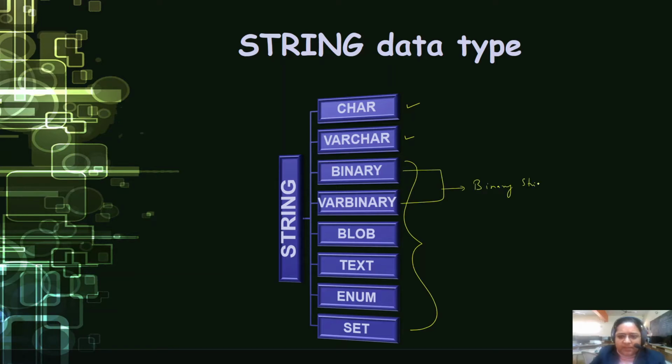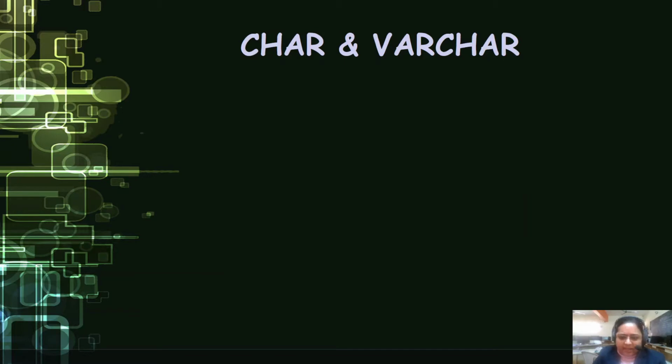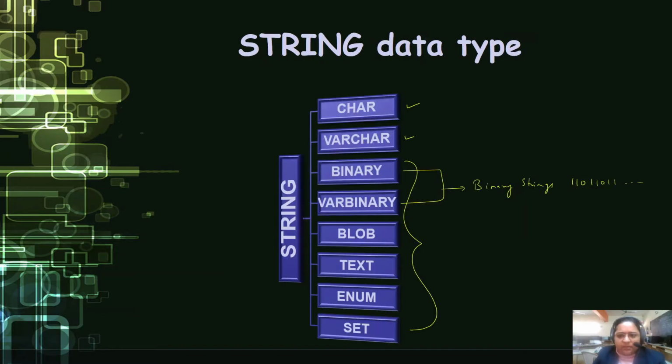Anything represented in the form of bits like 101101, so any alphabet, any character, could be represented in the form of bits. Then blob is binary large object,